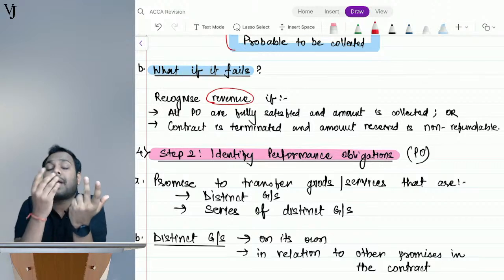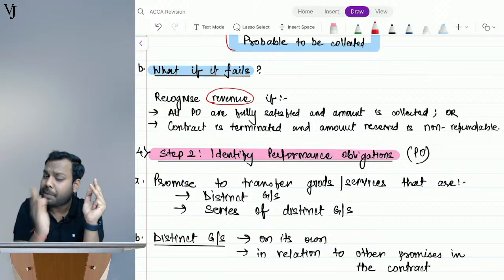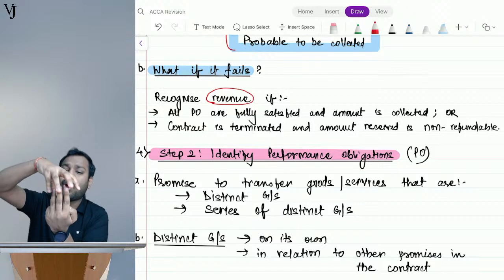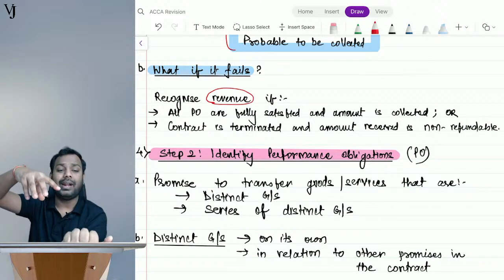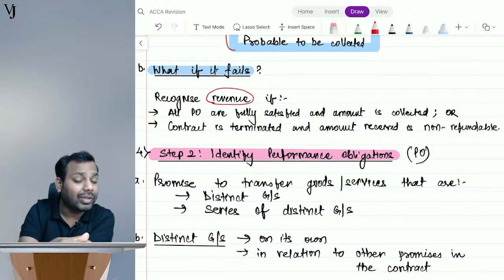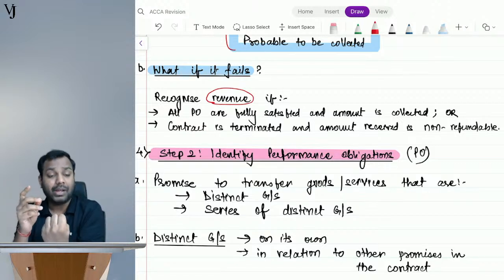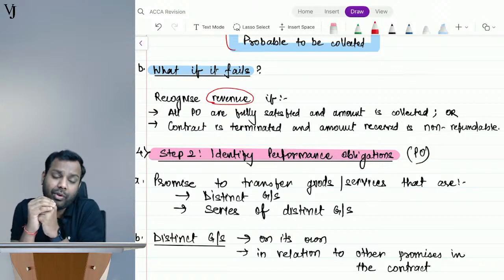Understand? If a contract is not there, will I go to step number 2? No. So what do I have to do? I will not be doing the allocation part. When all the three performance obligations get satisfied, only then can I recognize revenue, for the whole amount. That's what makes the difference. I believe you guys are understanding the difference, whether a contract exists or not.